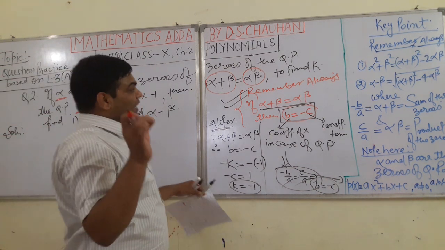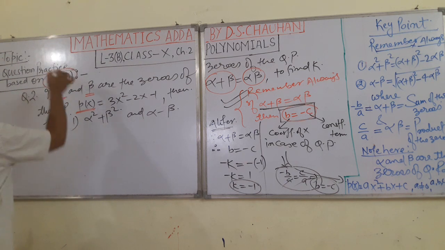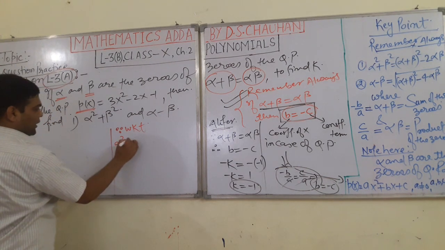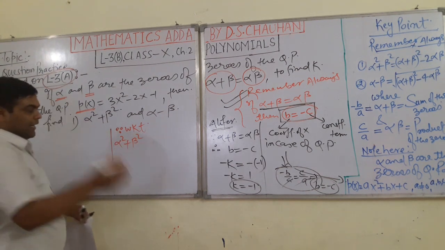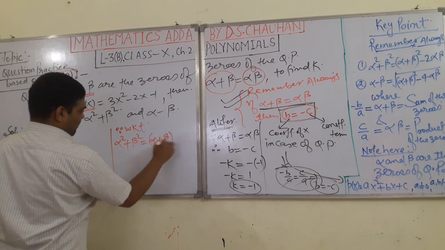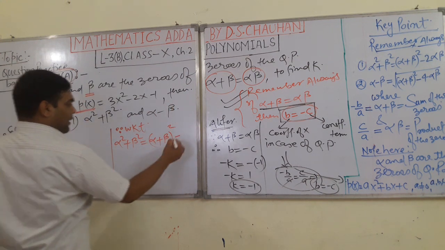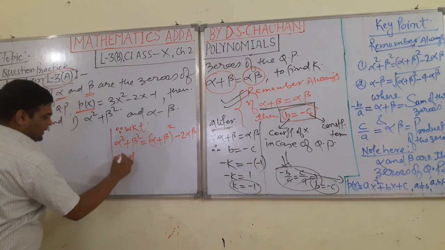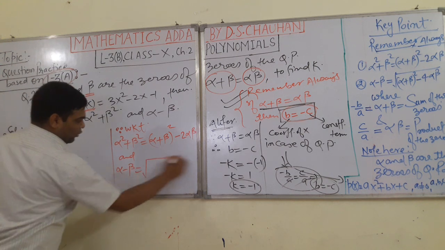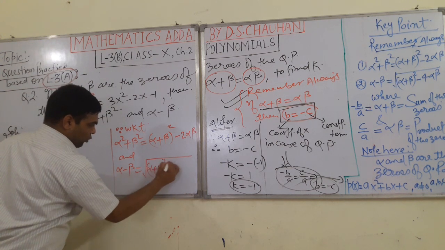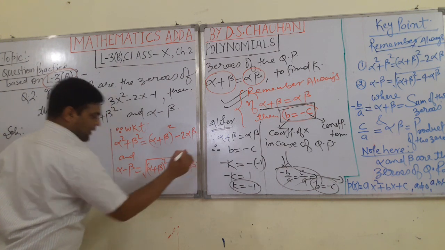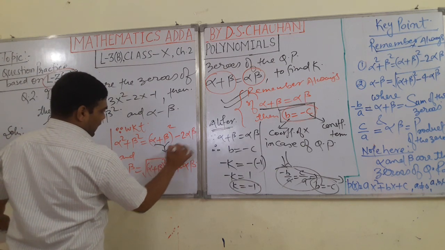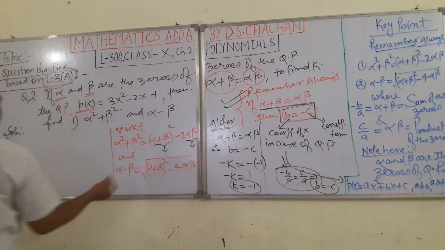Students, in my previous lecture, lecture 3A, I told you the formula. Since we know that alpha square plus beta square, in terms of alpha plus beta and alpha beta, I told you yesterday: alpha plus beta to the whole square minus 2 alpha beta. Also I have discussed alpha minus beta. It is under root alpha plus beta to the whole square minus 4 alpha beta, where the symbols have their usual meaning. Here alpha plus beta stands for sum, alpha beta stands for product. So easily we can find out.